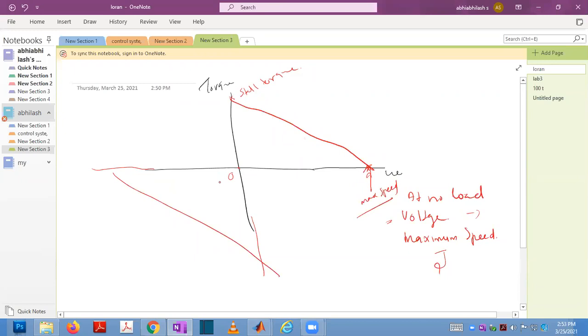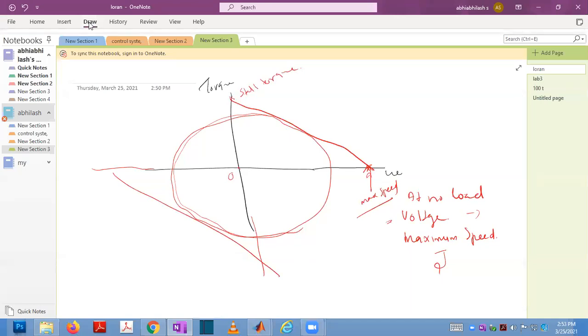So in your case, you have to select a motor in such a way that your load characteristics will be within this limit. So within this limit, you have to have a load locus. What do you mean by load locus? The motor should be operated as per our needs.